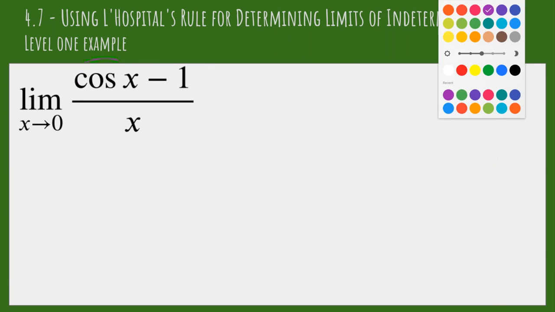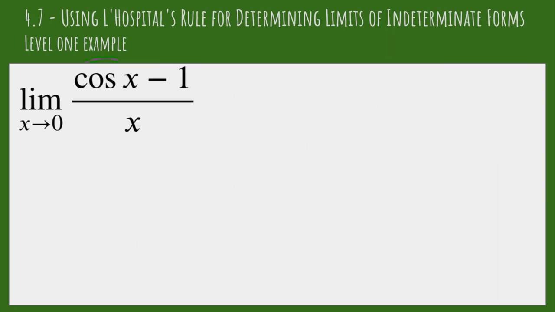This limit here is another one that L'Hopital's rule is going to apply to. We can kind of in our head plug in 0, and in the top, cosine of 0 is 1, 1 minus 1 is 0. In the bottom, we just get 0. So we have that indeterminate form 0 over 0. So to formally show that L'Hopital's rule is going to work,